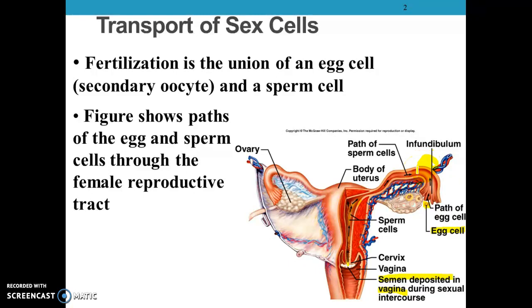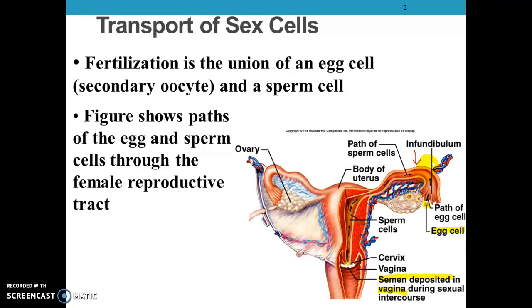All right, so that's important to note too. Fertilization isn't happening in the uterus usually. It's definitely not happening in the vagina or anything like that. Typically where the sperm cells and egg cells come in contact with each other and fertilization occurs is going to be somewhere in the uterine tubes. That's not always the case. Sometimes you'll hear of it happening in other places.